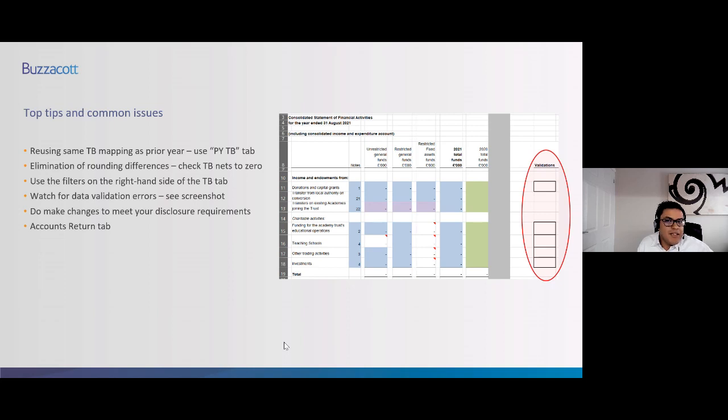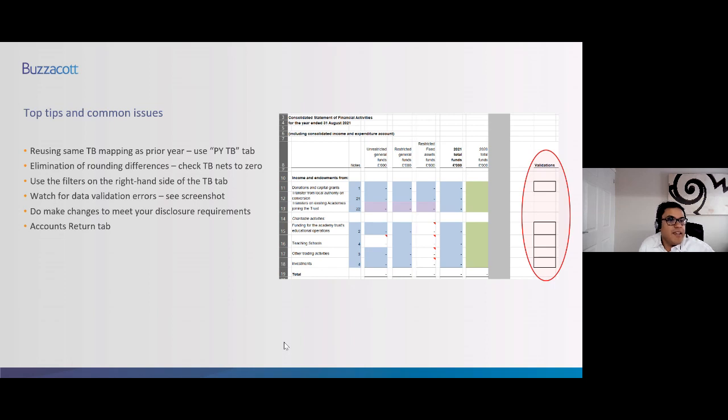But it may be that the imbalance is not because of rounding, but because some of the TB codes haven't been pulled through to the right place in the accounts. There are 3 things that you should do to try and zero in on the cause of this imbalance. Firstly, as I mentioned earlier, please do double check whether the first column on the trial balance tab does return a yes in the valid column, and do check that the types that you've used are the ones contained within